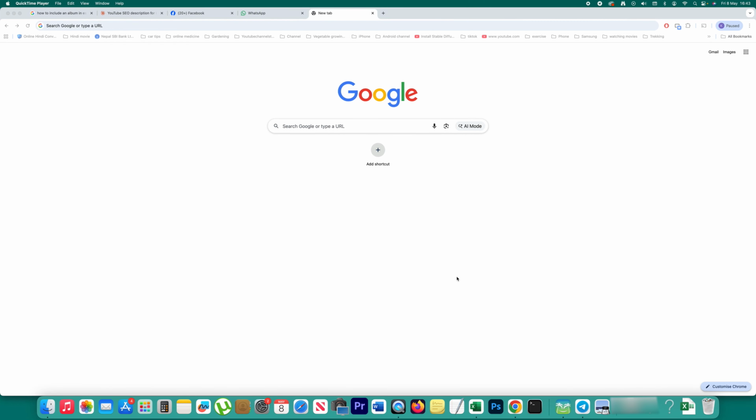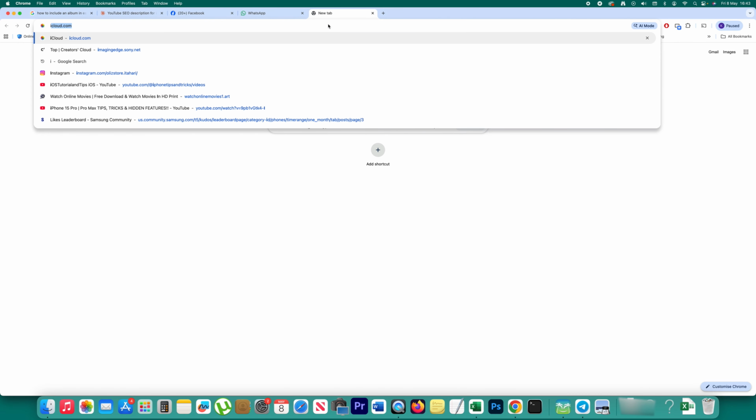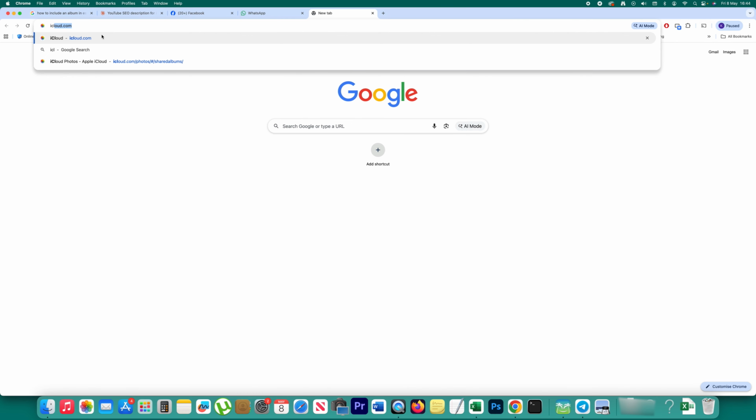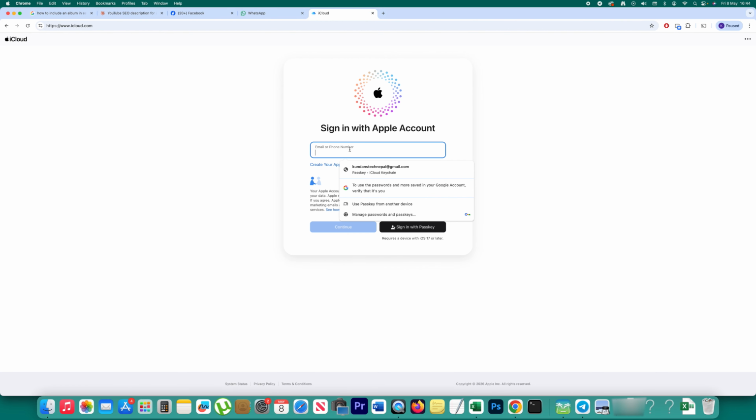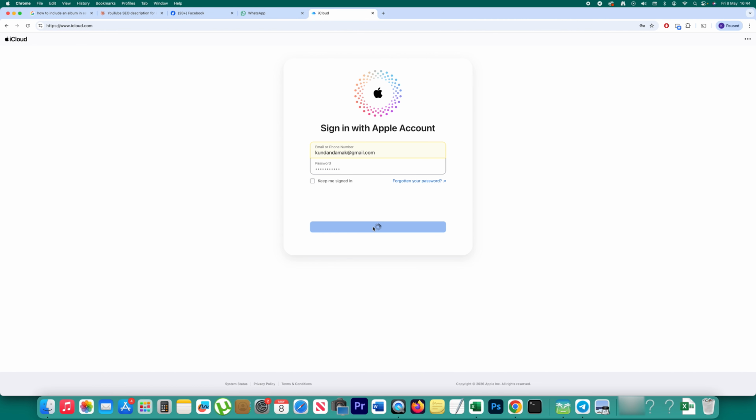If you want to create a shared album using iCloud instead of iPhone, then what you do is open any web browser, then open this website iCloud.com. Select sign in, then you have to sign in with your Apple ID. Select continue, enter the password for the Apple ID, select sign in, and then go to photos,